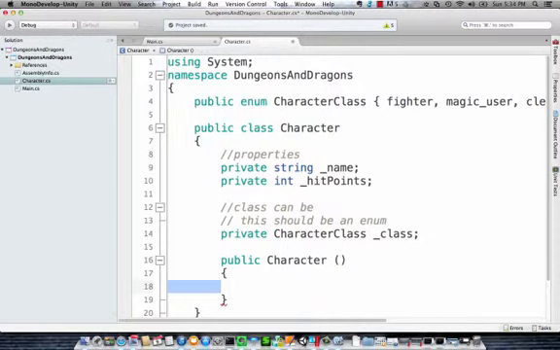But just know that it will be limited to those 4 values. You can't put anything in there that isn't one of those 4 values. So earlier when we had an integer, what happens if I put 10 in there? That's a legal value, or negative 50. It's not going to know what that is. Probably going to cause an error in my program. Errors are bad. Let's stay away from errors. So an enum allows you to limit the values and also to put them in something that you can easily use instead of having to memorize